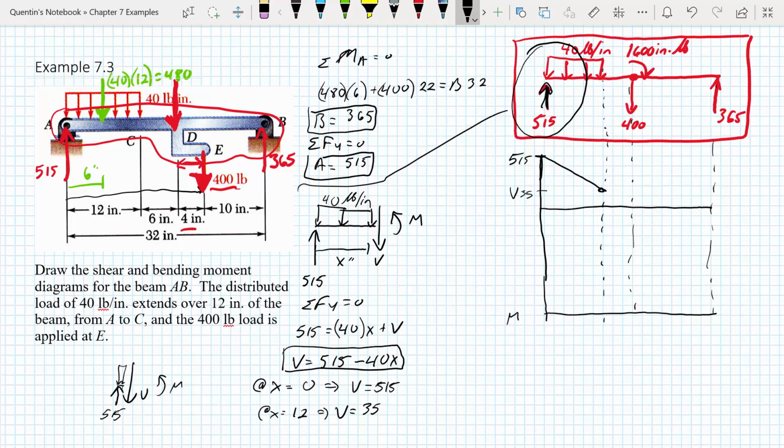So now what happens between here and here? Well, there's no load, so we know it's going to be constant across there. And then we have this discontinuity. So let's look at that. So we have this beam. We have